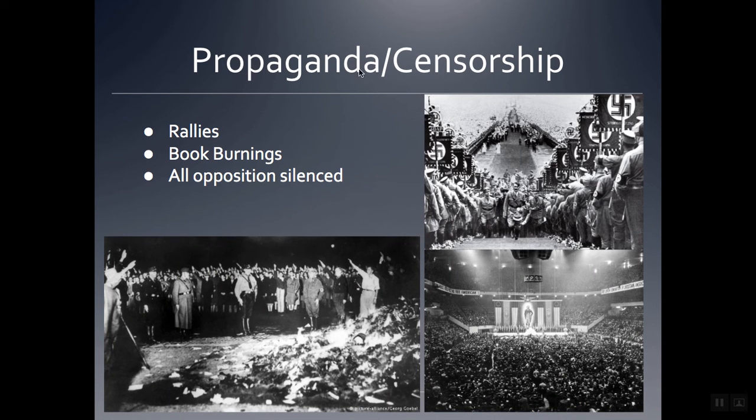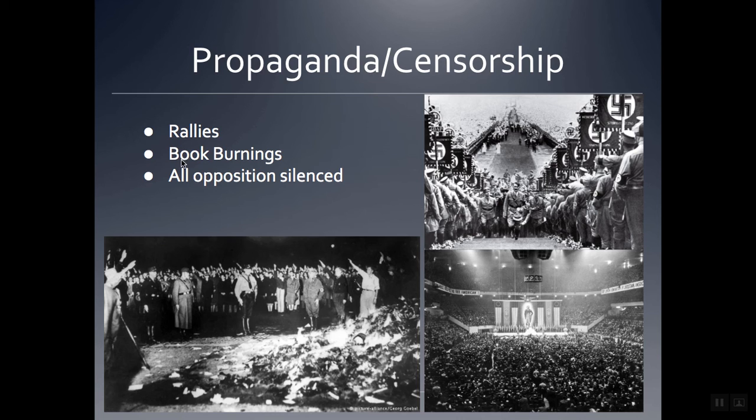I told you guys propaganda and censorship sort of work together. So Hitler had these massive rallies where he would sort of organize people just to stir up the fervor and excitement for his rule. And then